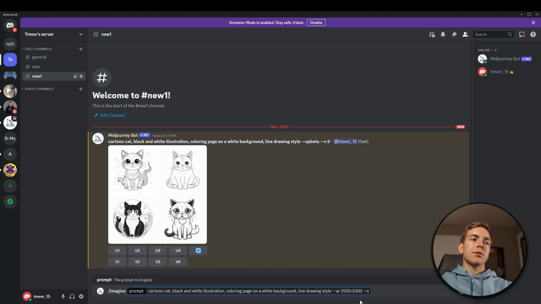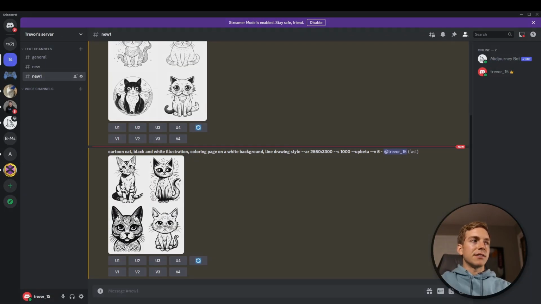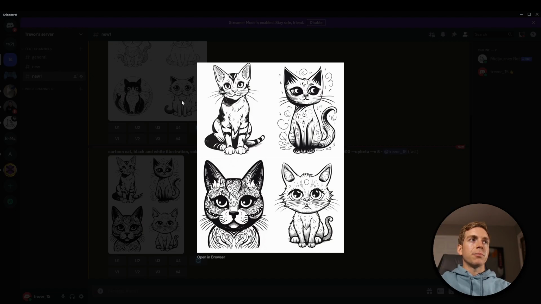And then I also want to change the stylize parameter and crank it up in Midjourney just so it has a little bit more creative power to make some more interesting images. So the default is 200, and we can crank it all the way up to 1000, so that's what we're going to do. Nice. So you can see these fit more of a standard page size, and the images are a little bit more interesting than before because of that stylized parameter.